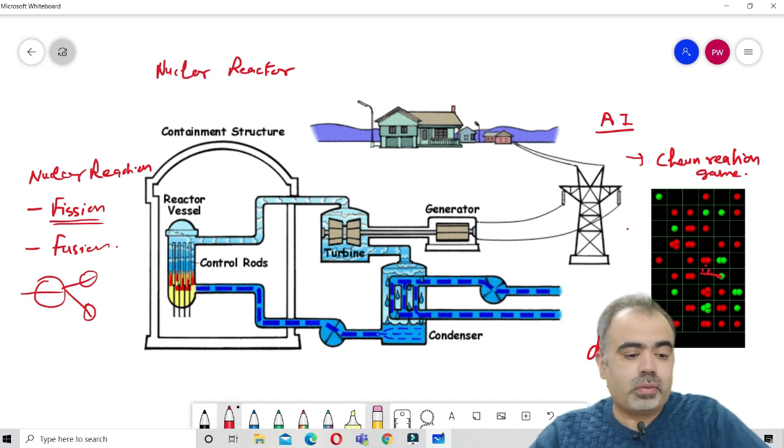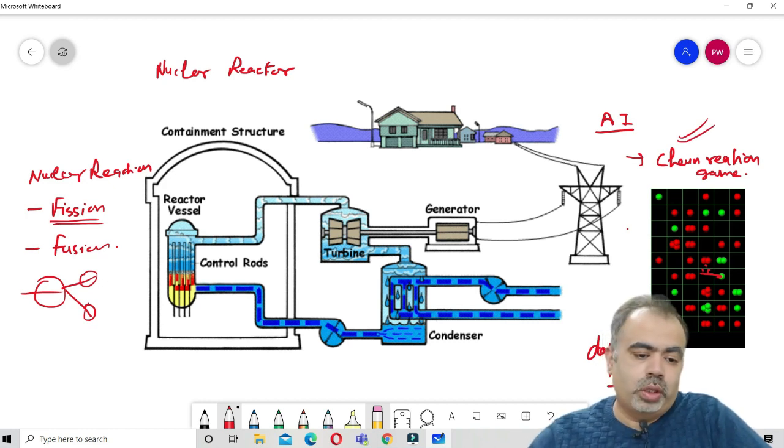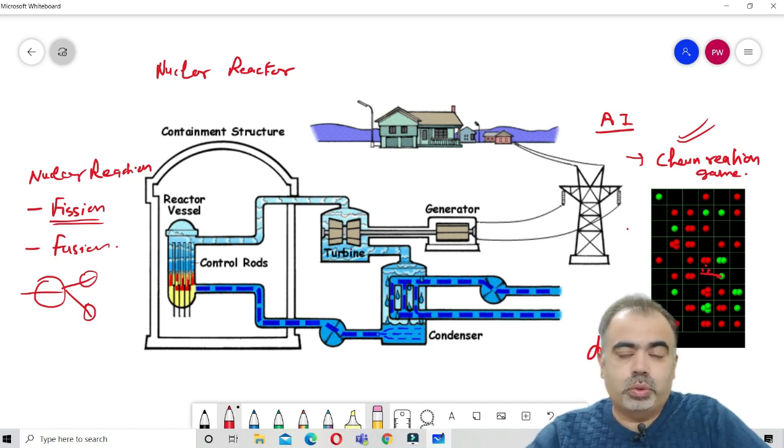So at the end I will mention it again. This is a nuclear reactor, and with the help of the games and the data sets. For those who are willing to do more on this, I can help you out with how to do a PhD or research work on this particular topic.